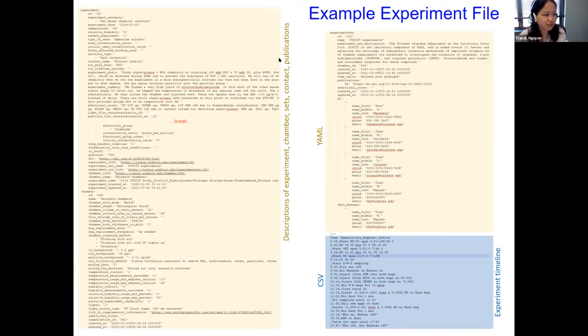We're going to have tools to automatically extract all this information into things like MATLAB or Python. And then the CSV for this file is a timeline file that gets appended to it. And this is just our little separator here.